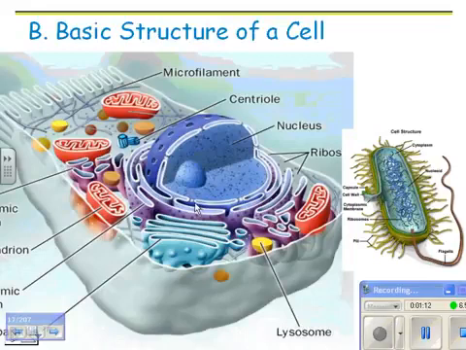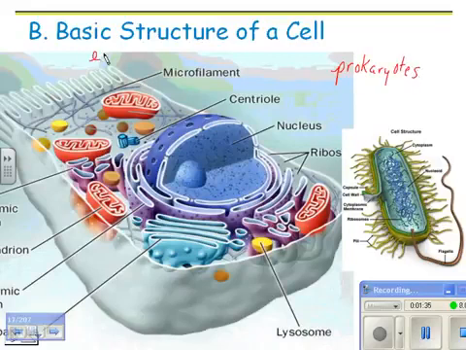The basic unit of a cell, the basic structure of a cell. Here's a cell. Might be one of your cells, could be an animal cell. That's something that students get confused sometimes. So people are animals, and so this is a cell that could be in a person. Here's a bacterial cell. There are two basic types of cells that we're going to talk about. One is prokaryotic. So there are prokaryotes, and there are eukaryotes or eukaryotic cells. You are a eukaryote. You're made out of eukaryotic cells. Eu means true. In karyote, I think it means kernel or something, but we're going to think of it as nucleus. Anything with a karyote, that's nucleus. So this has a true nucleus.